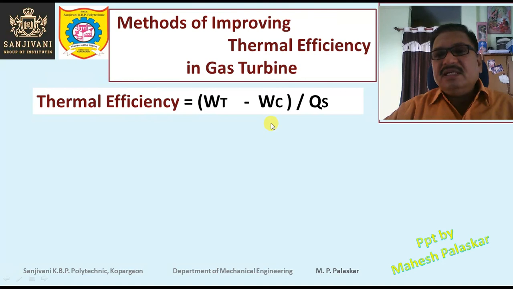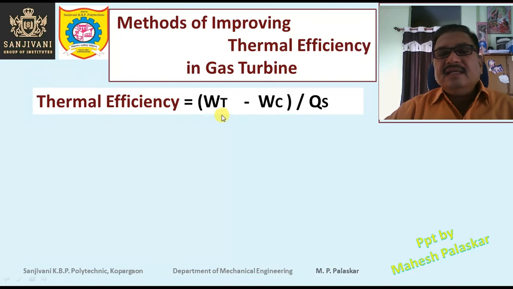So the power is the desired output of the gas turbine, and the input is nothing but the heat energy which is supplied to the gas turbine, that is QS. So this formula, Wt minus Wc, the whole divided by QS, the heat supplied, gives the thermal efficiency of the gas turbine. So in order to increase the thermal efficiency of the gas turbine,